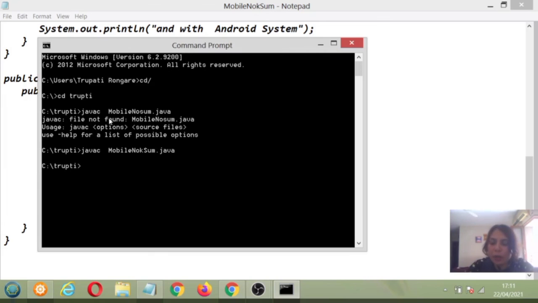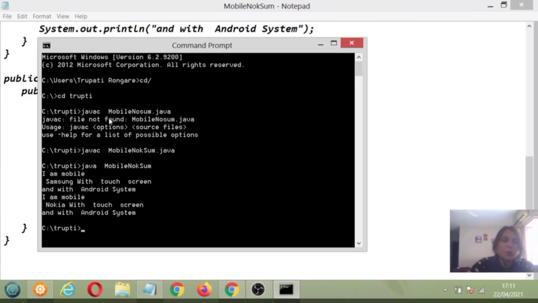Now I am going to run it. For running, I will not write the dot, I will only write my file name with the java command. So you can see here, I am a mobile Samsung with touch screen and with Android system.